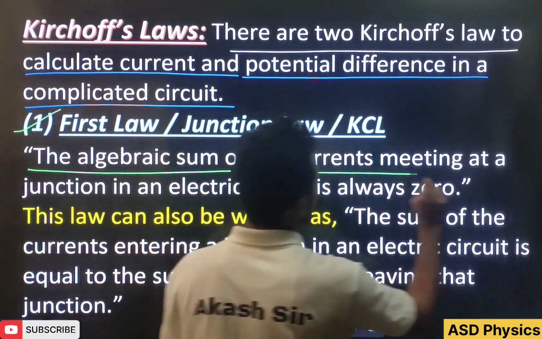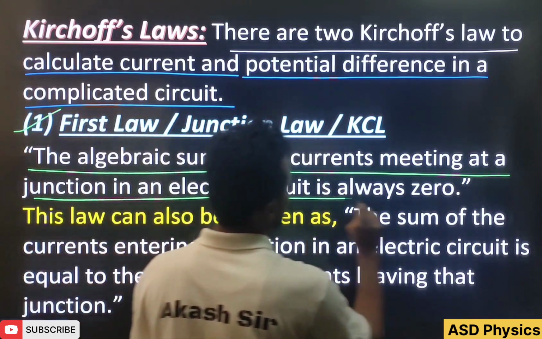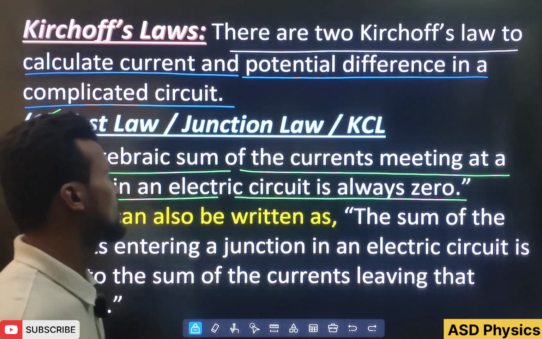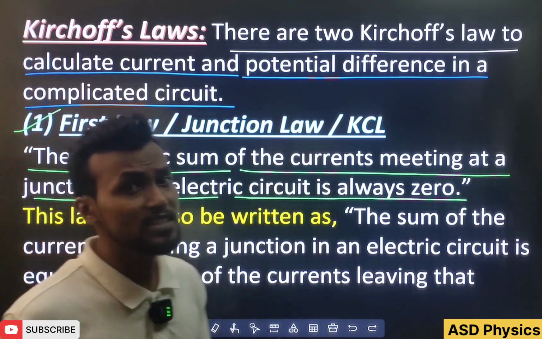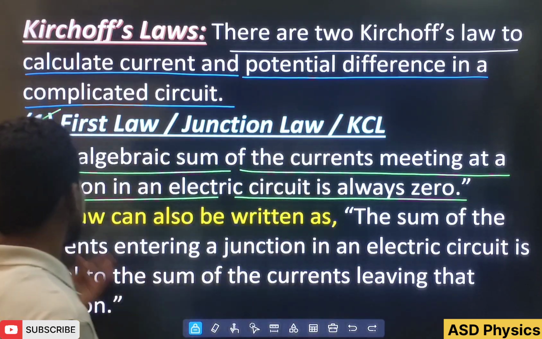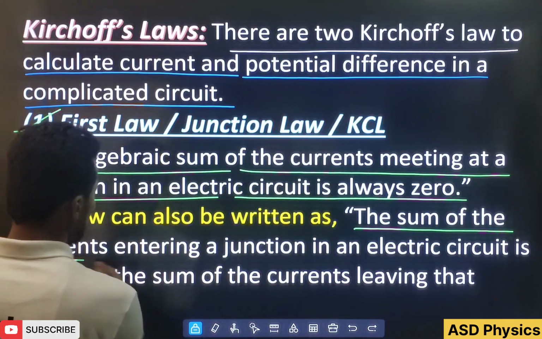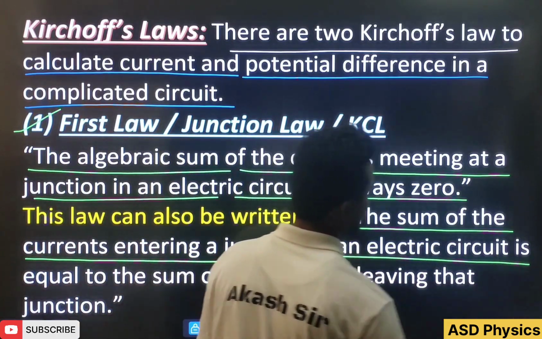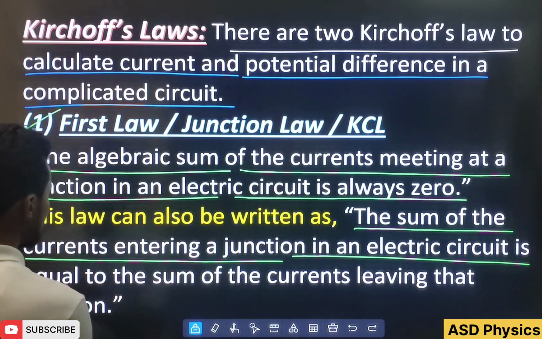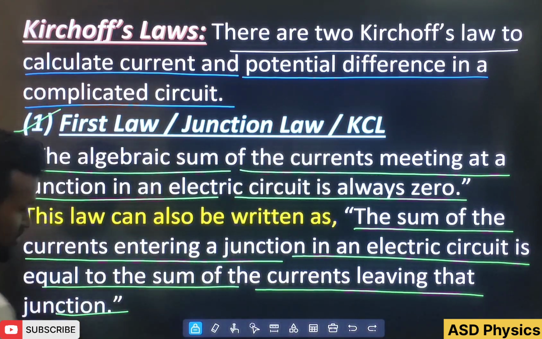The algebraic sum of the currents meeting at a junction in an electric circuit is always zero. Algebraic sum, why are we saying this? Because current is a scalar quantity, not a vector quantity, but still it can be negative. This law can also be written as: the sum of the currents entering a junction in an electric circuit is equal to the sum of the currents leaving that junction. Okay students, this rule you have to remember,